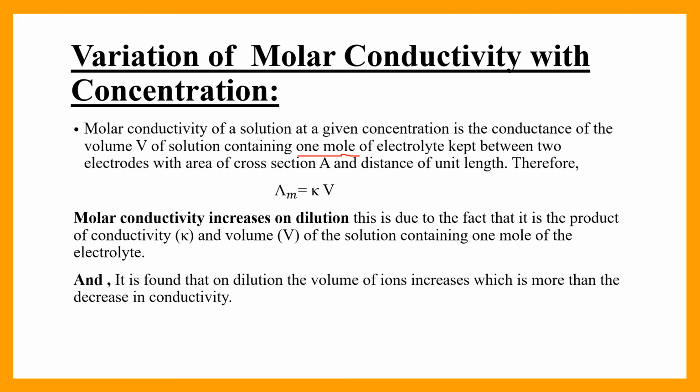And it is found that on dilution the volume of ions increases, which is more than the decrease in conductivity. As we have discussed in conductivity, suppose we have a container in which an electrolytic solution is present, and the amount of this electrolytic solution is suppose 1 ml. And on dilution, as we add water to that electrolyte solution,